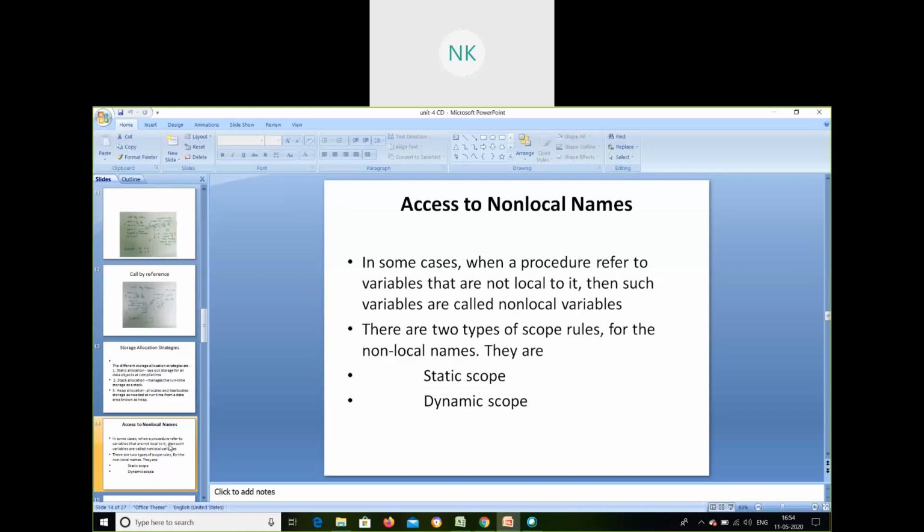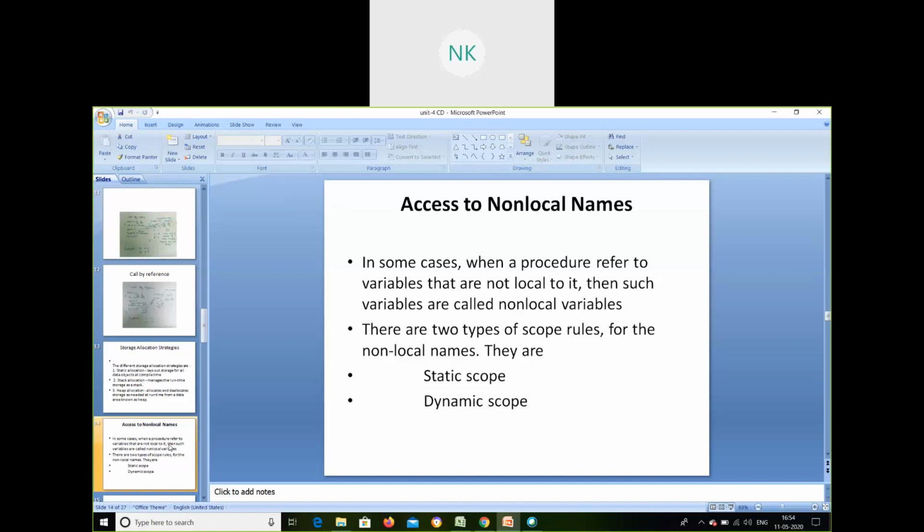For access to non-local names, there are two types: static scope and dynamic scope. Why is it called non-local names? For every procedure or function call, you will have local data or a local variable.